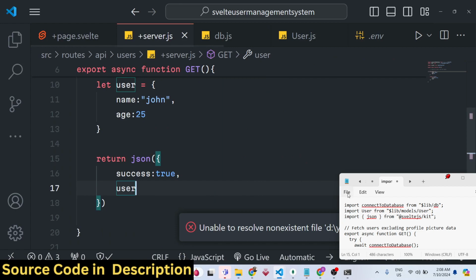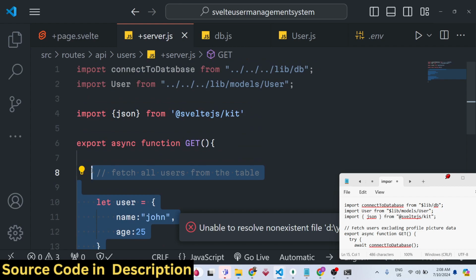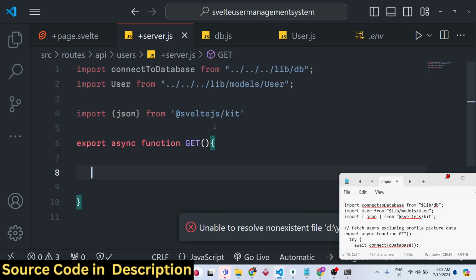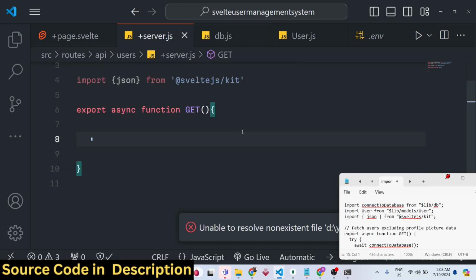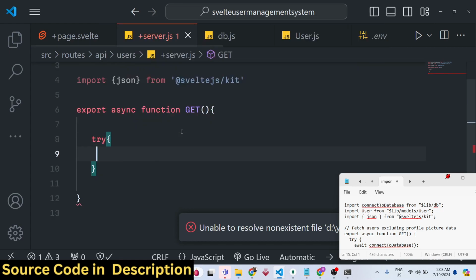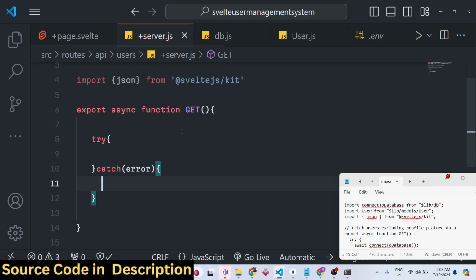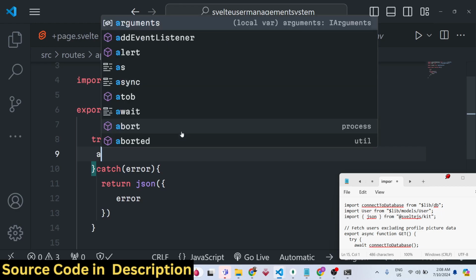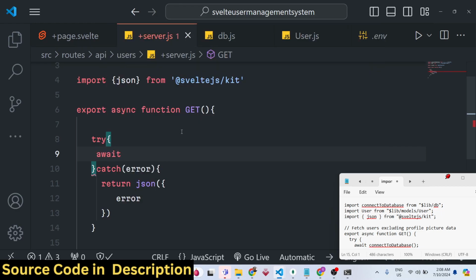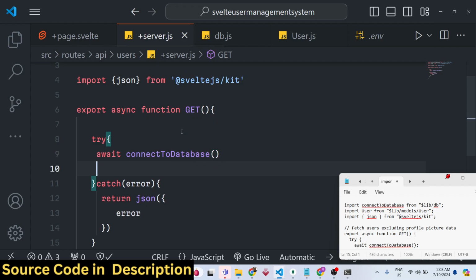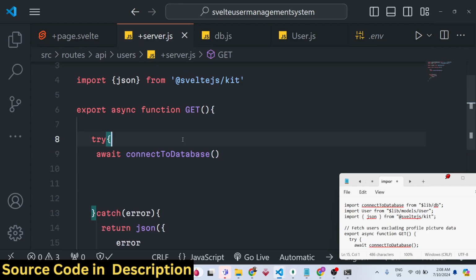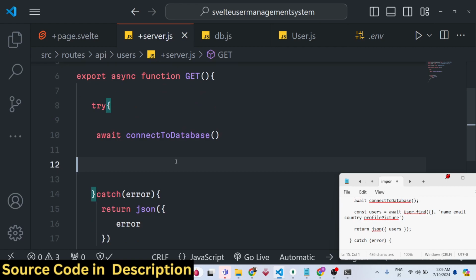routes folder. So now what we need to do inside this, we need to actually fetch all the data from the table and then return it as a JSON. So it's very easy. First of all, we need to actually connect to the database. We will return the error, and right here we will simply say I will await, because it's an async function, and we will say connect to database. It will first of all make the connection to the MongoDB database, and after that it will fetch all the